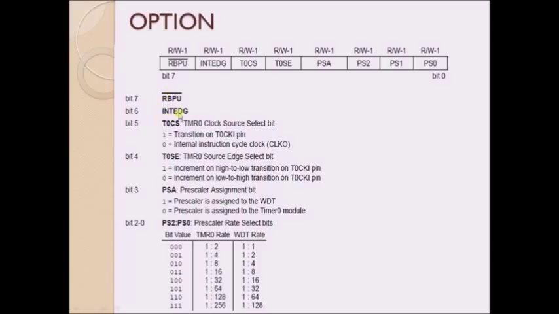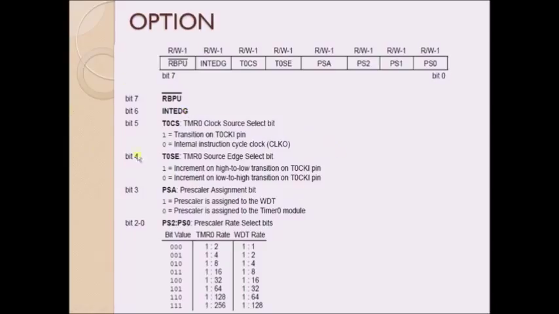In the same way, you have one more bit, that is interrupt edge. With the help of this particular bit, you can select a particular edge for generating an interrupt. We have an external interrupt pin which is provided for RB0. If you are programming it to 1, then it means a logic high or a rising edge on RB0 will generate an interrupt. And if you program it with 0, then a logic 0 or a falling edge on RB0 pin will